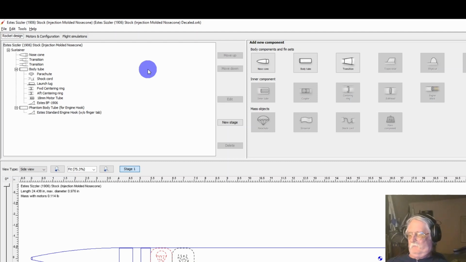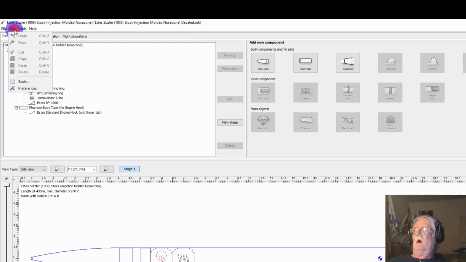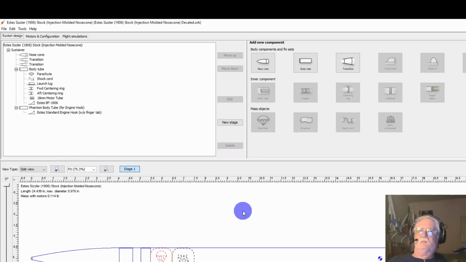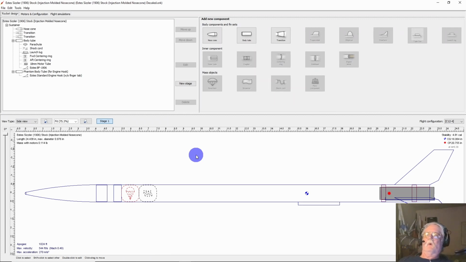You can do that if you go to File, Edit, Preferences, and you'll see right here, that's where they're going to be stored by default. Now you can change that to make it anything you want, but we're just going to use the default for now. Okay? The next thing we want to do is